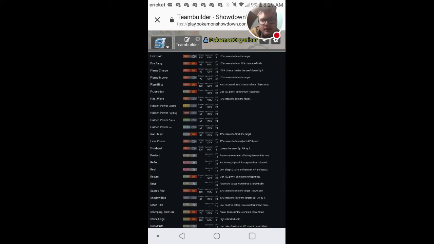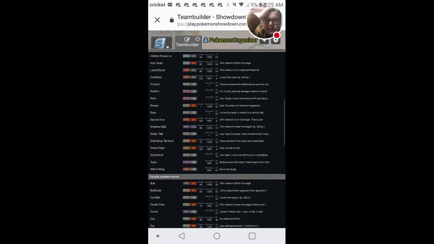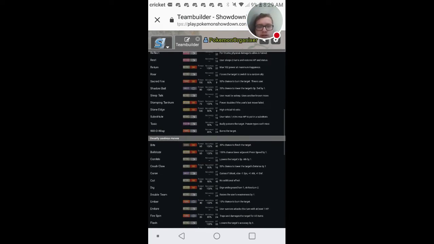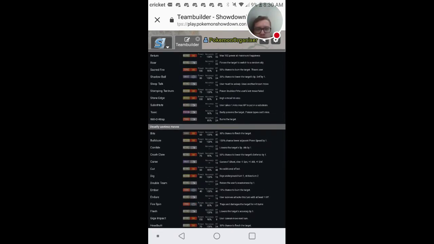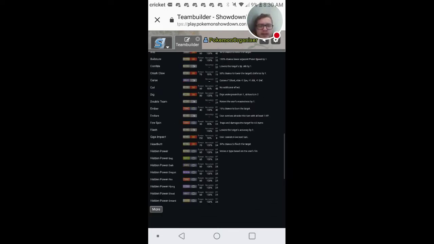Iron Head is there. Lava Plume is there. Overheat. Roar if I want to face with this. Substitute, Stone Edge, Toxic, Will-O-Wisp. I think you guys know what Entei does, but